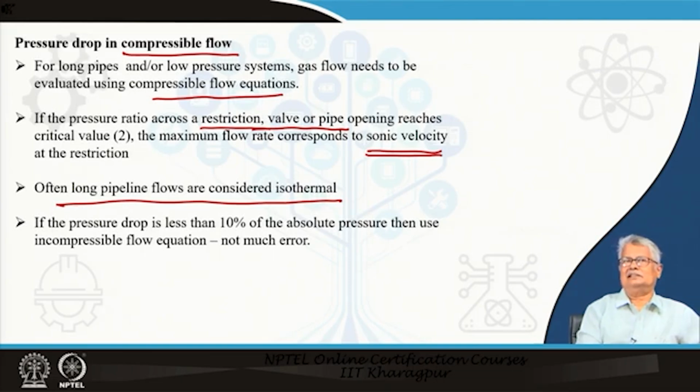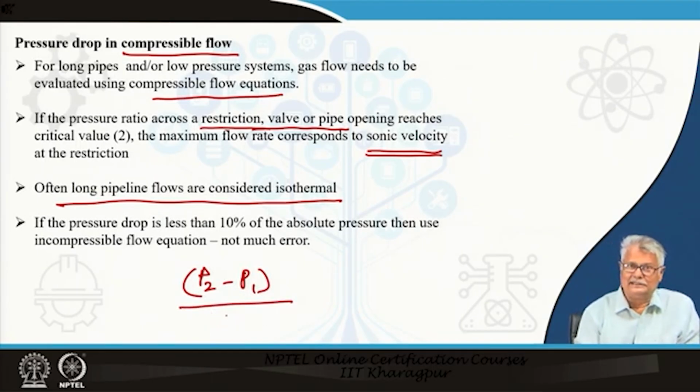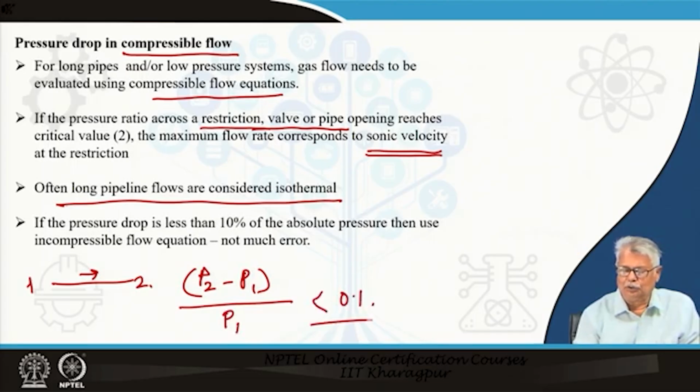Now comes the last criteria. If the pressure drop, that means P2 minus P1, is less than 10% of the absolute pressure, P1 and P2 being the absolute pressures, where P2 is the discharge pressure and P1 is the suction pressure, these being the pressures at the end of a pipeline. The pipeline flow is from 1 to 2, and P2 minus P1 is a pressure drop. This with respect to the absolute pressure, if it is below 0.1, normally if we use an incompressible flow equation